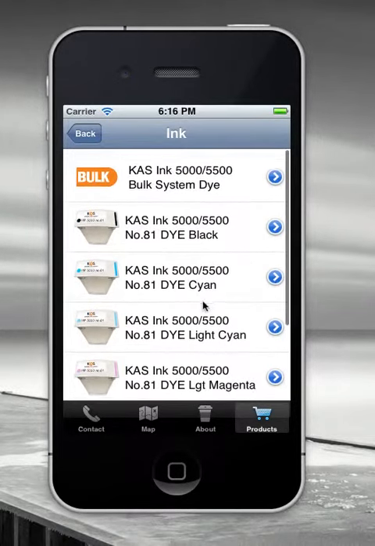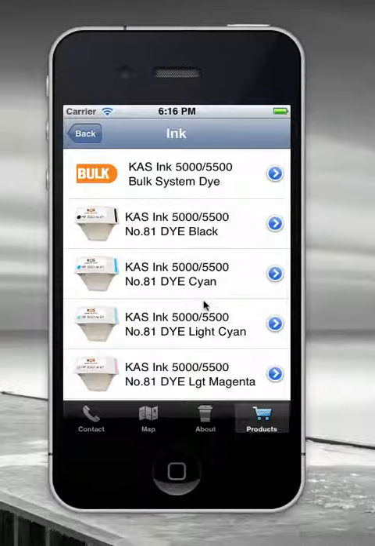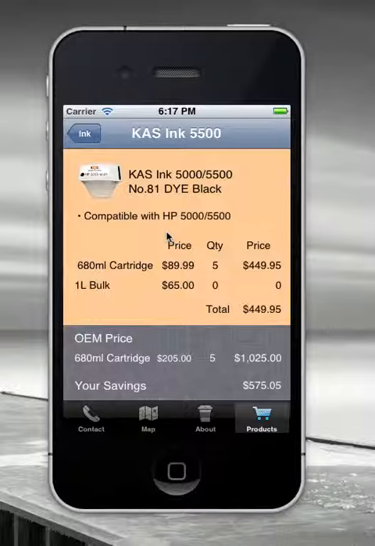Now we want to make this useful, and also the App Store will not accept it unless there's some use to it. So they click this, and look, as I said, this is not professional, but the whole idea is that you'll put your prices here, they will key their quantities here, and it will automatically add up. But to make it useful, we want to put the OEM price underneath here, you know, the equivalent 1 litre bulk price here, and tell them, look, this is your saving.